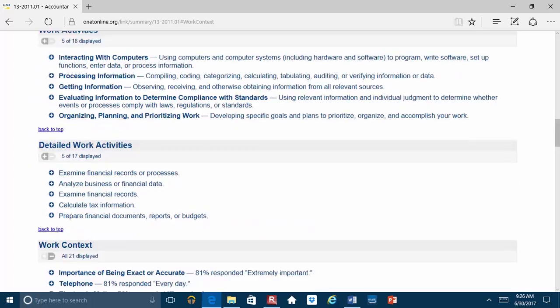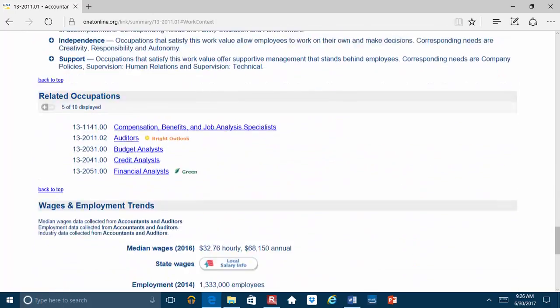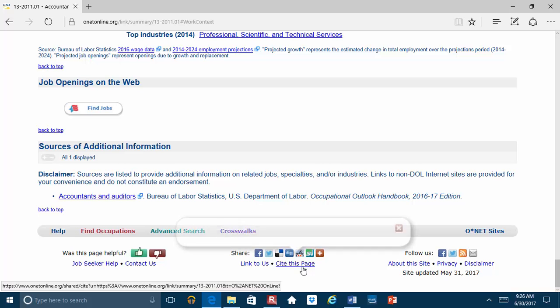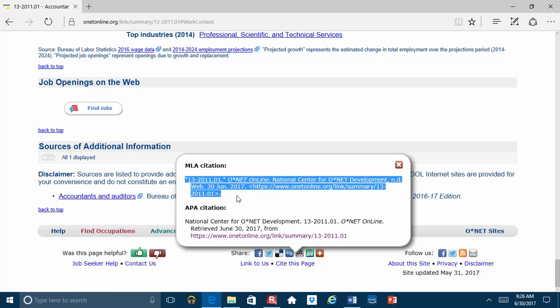And so remember, in ONET, if we scroll to the very bottom of the page, underneath our social media icons here in the middle, we have this link that says Cite this page. And when we click on that, we're looking for the MLA citation. And all we would have to do is copy this and then use this full citation on our references page